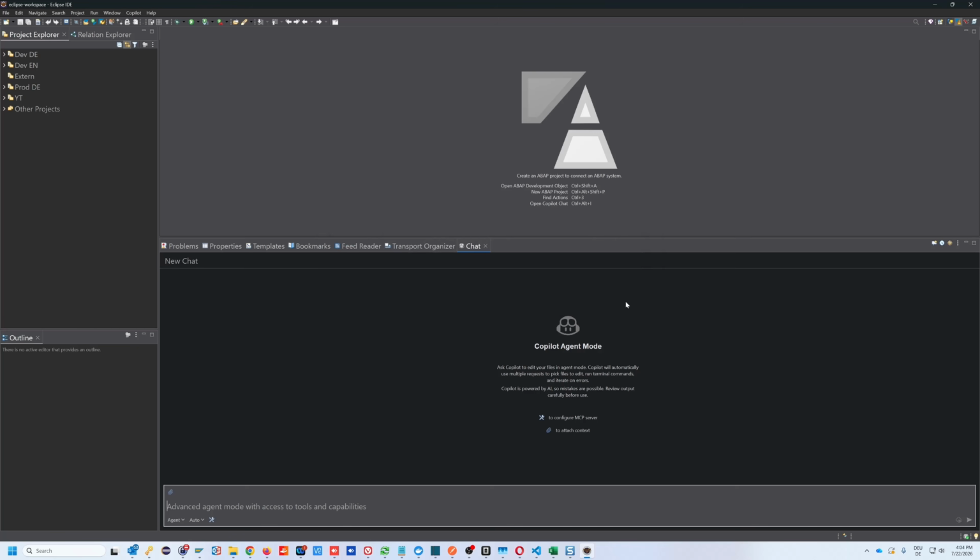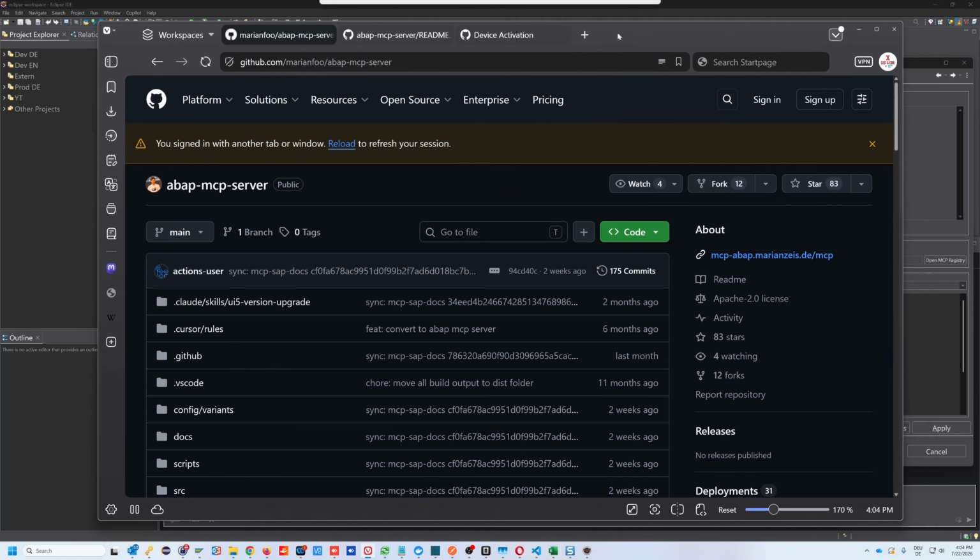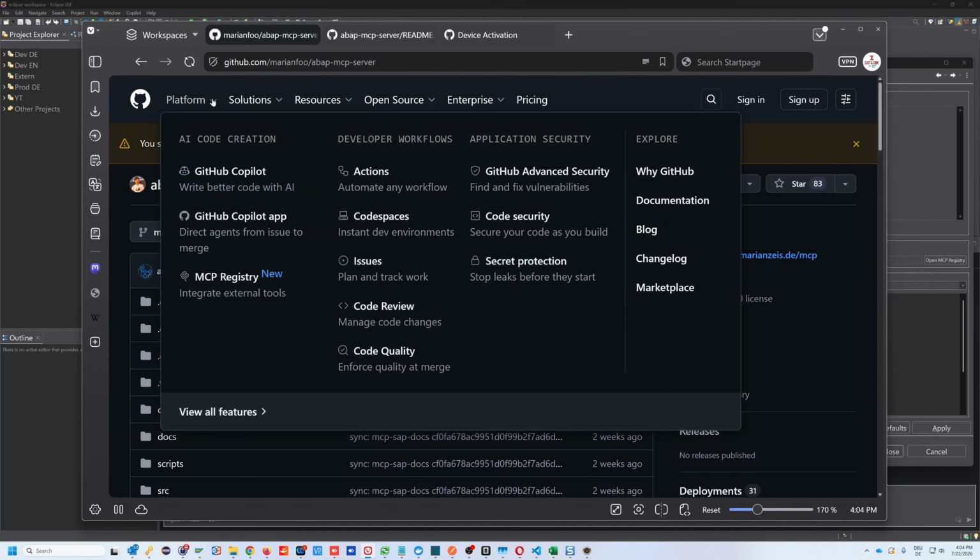For this, we click on the icon Configure MCP server here, bottom left. But first, we need the information about the MCP server. So we use this repository here from Marian Zeiss.